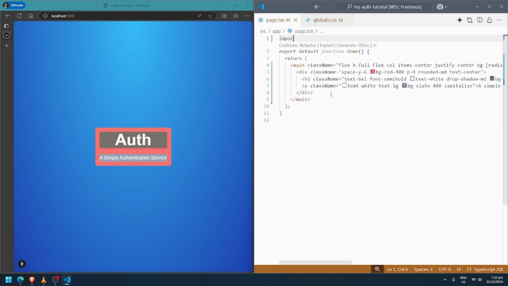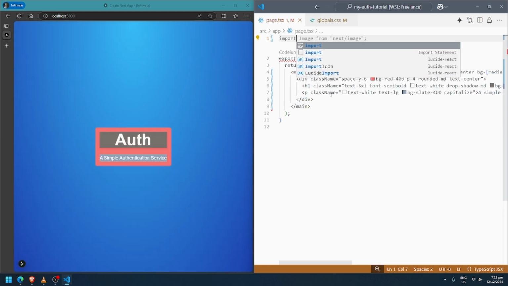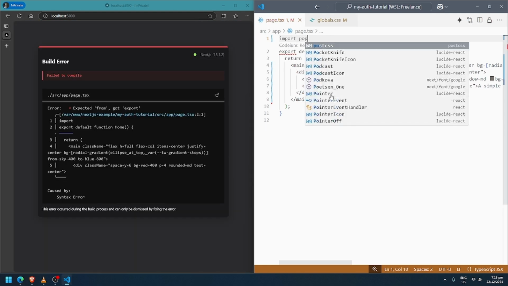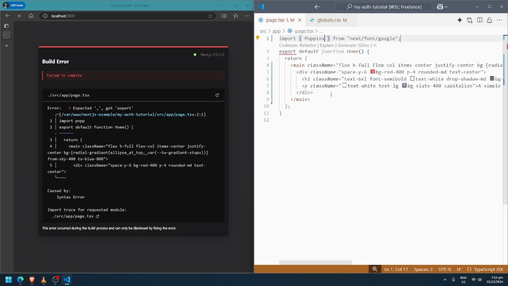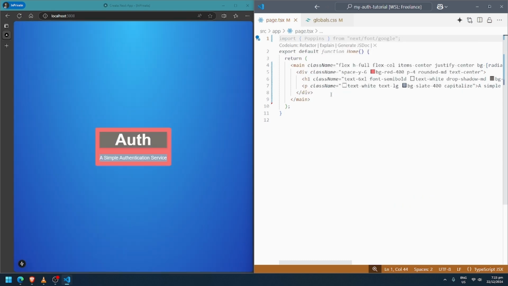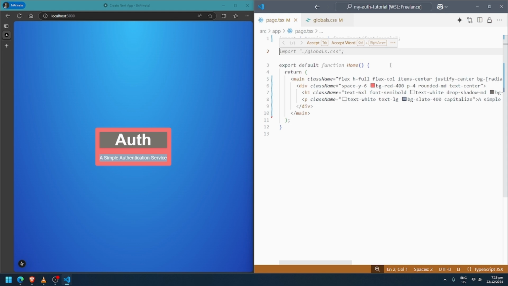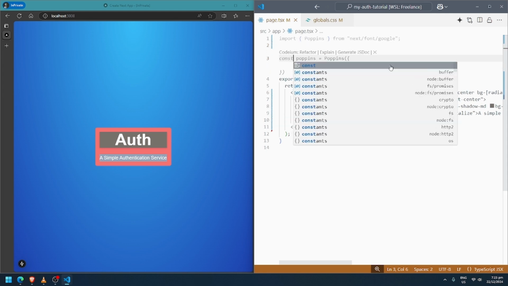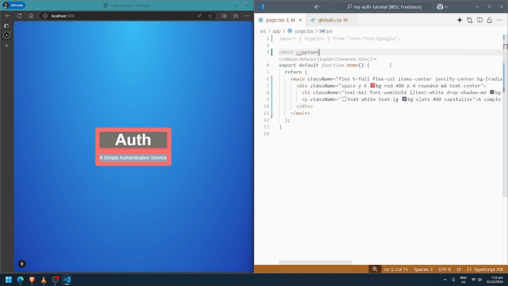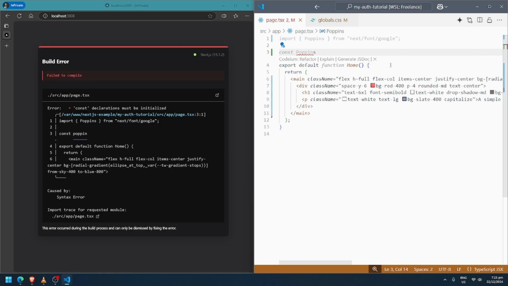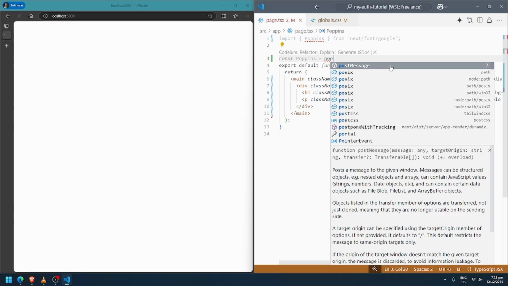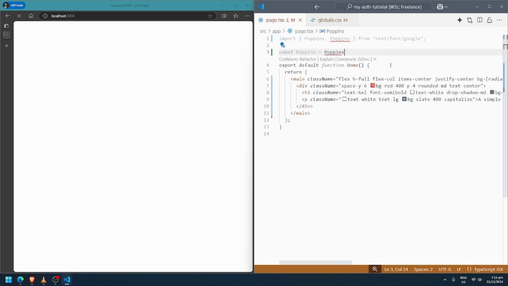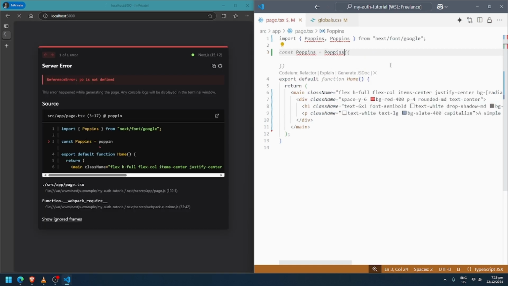Okay, let's import the Poppins here. Poppins from next/font/google, and let's define that Poppins using the Poppins function.